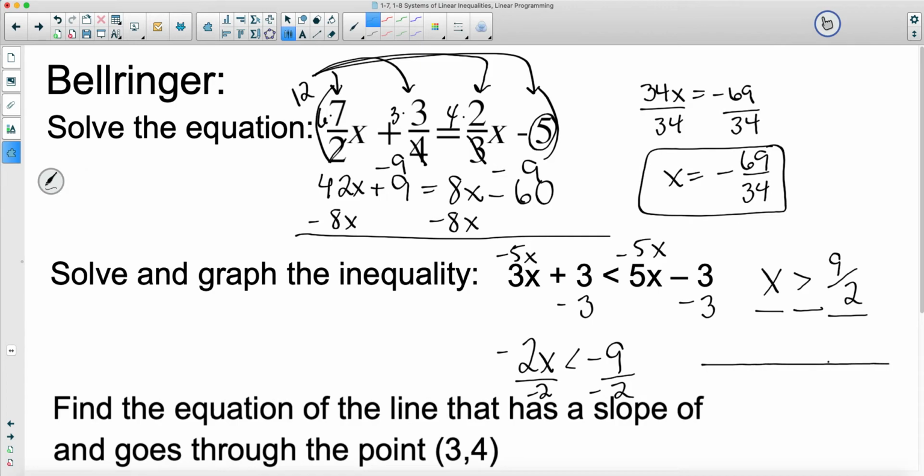So we can draw our 0, negative 1, positive 1, 2, 3, 4. 9 over 2 is 4.5. So I'm going to be over here. It's going to be an open circle because we don't have that equal to, and then it's going to be pointed towards the left because it's